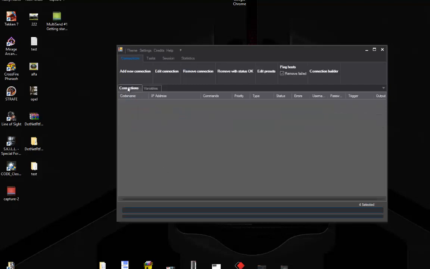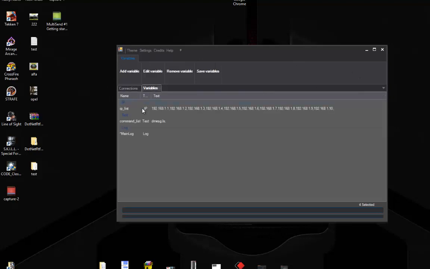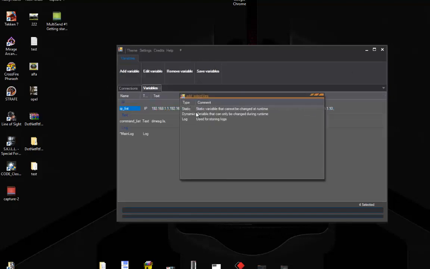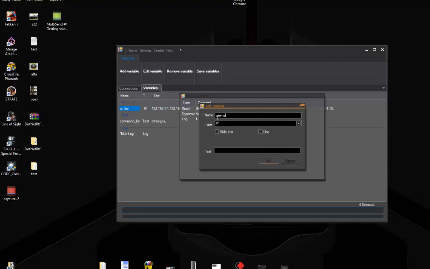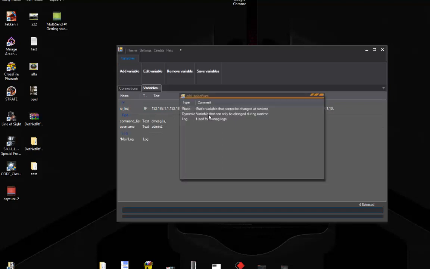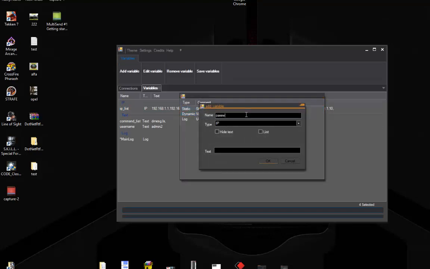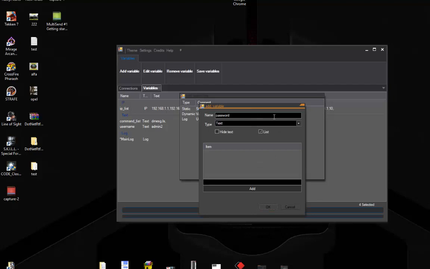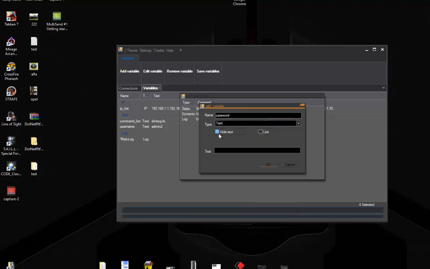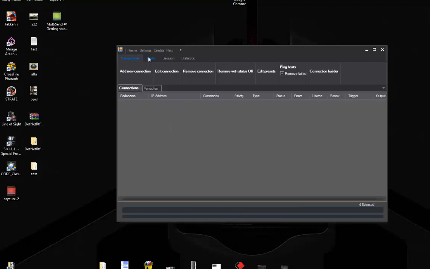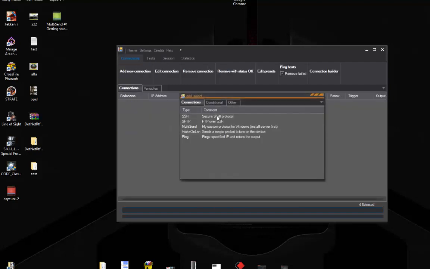So let's now try to use these two to create automated loops. Also, let's add a static username as text. So I have a username and password as text. It's not a list, but hide content, and that will be this. Okay. If we go to add a new connection,